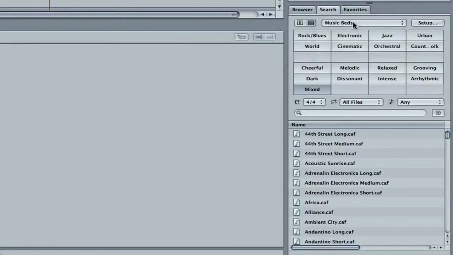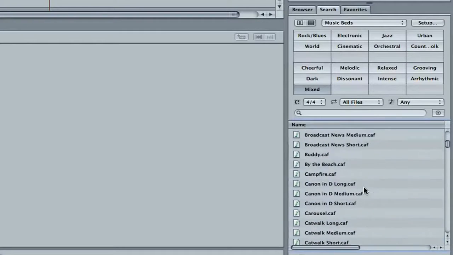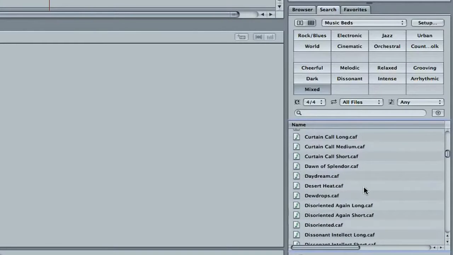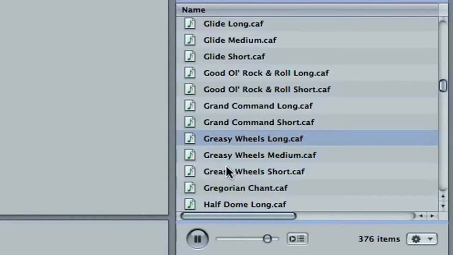I'm going to select music beds, which is already selected. I'm going to come down and find some music, and this is anything that's already pre-composed. They have different lengths. Okay, so I'm going to come down. I've got a song here I want to use, Greasy Wheels. This is a short, medium, and a long. I'm going to pick the long one,